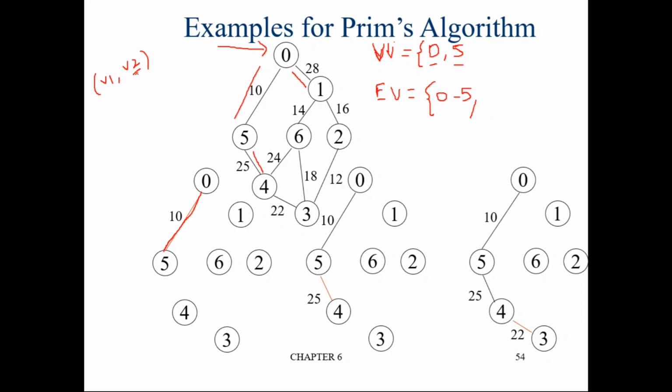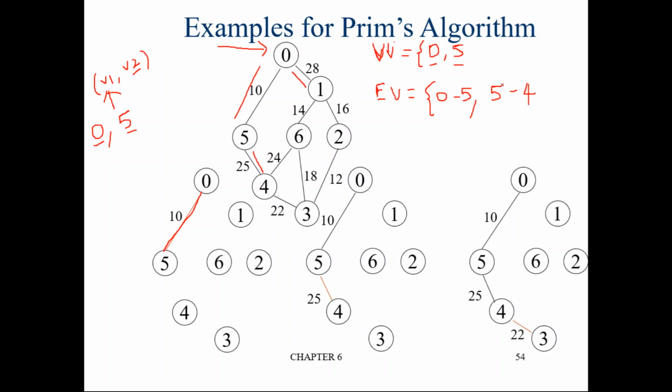Okay. So in the already visited category, how many vertices do we have? 0 and 5. So we have to identify an edge which starts from either 0 or 5, but the ending should not be either 0 or 5. Right? From 0 we have only one option, that is 0 to 1. From 5 also we have only one option, that is 5 to 4. So which edge can we add? 5 to 4 only. From this we have to pick the minimum edge which will not create a cycle. So add 5 to 4 to the edge list.